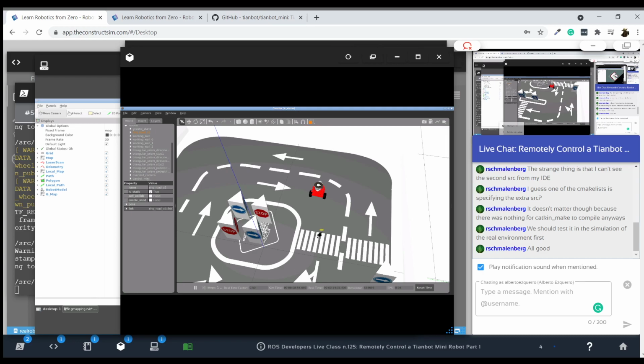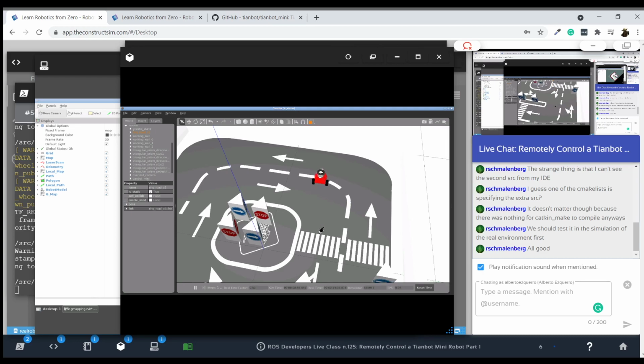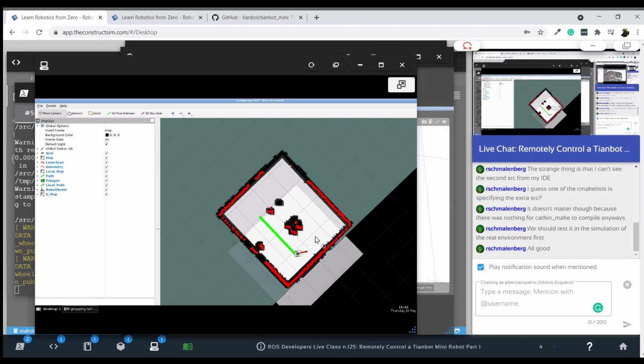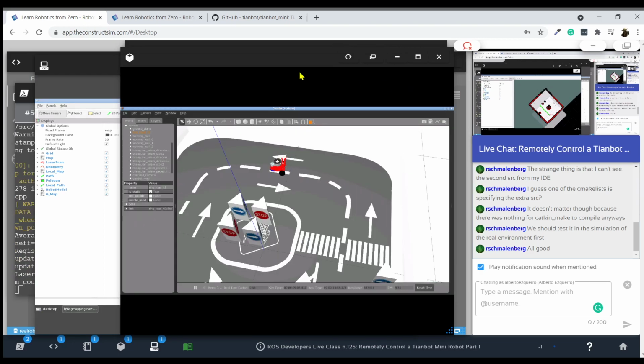All right. There we have it. And it rotates there. And in RViz, we can see how now it creates this area, okay? So now it has completed the map. And we can send as many goals as we want. So we can send another goal to this area now, and the robot is going to start planning and going to this section,